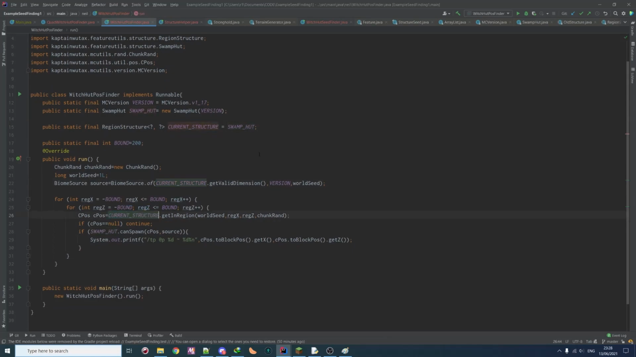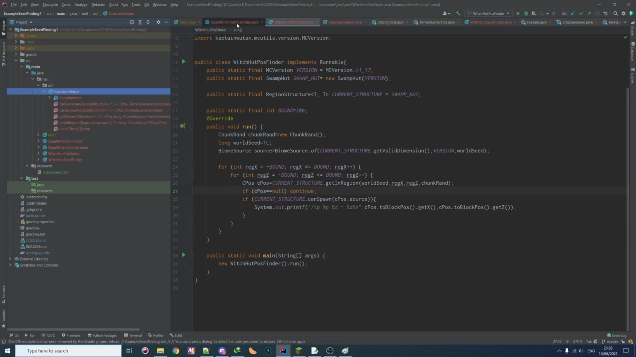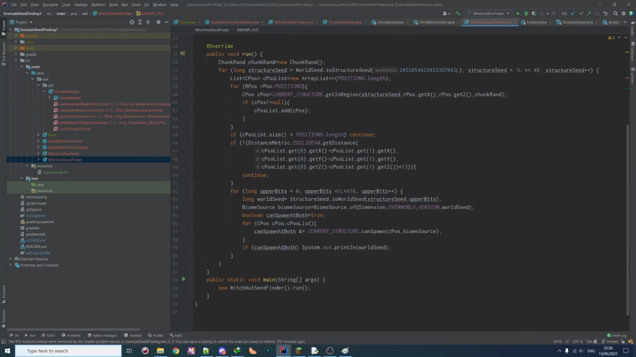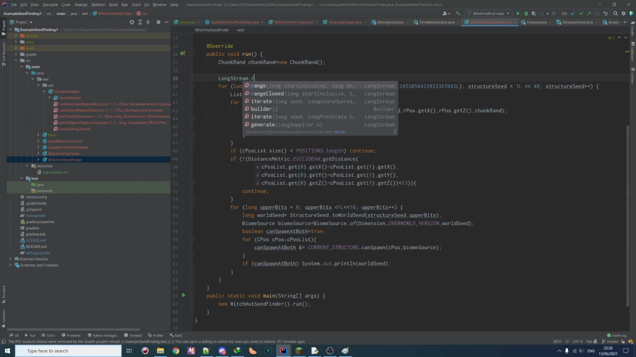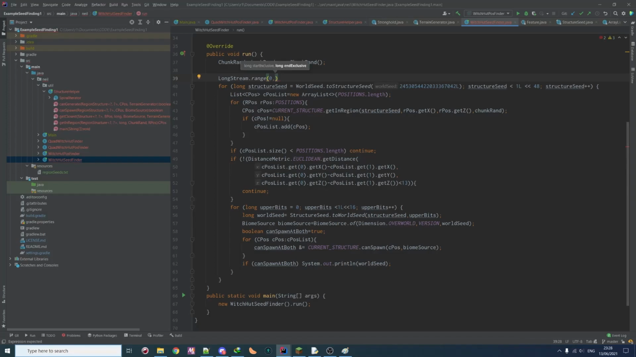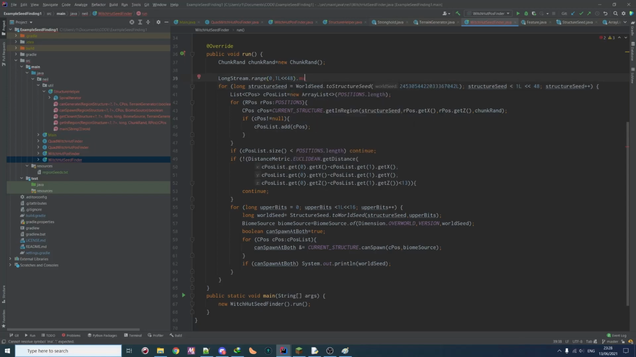So here again, same as before, for a current structure in a specific seed. So now I actually want to go back to our first example and show you how you can improve the formatting a bit. For example, you could use a long stream here, so for a range, and then just go from 0 to 48. Then you could filter. Well, you could first map,